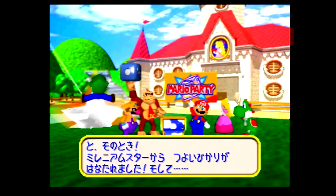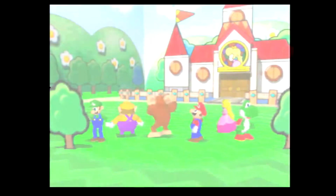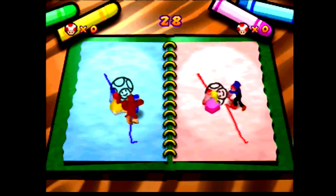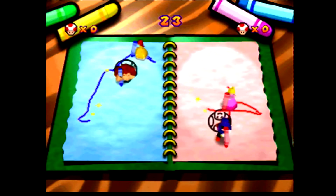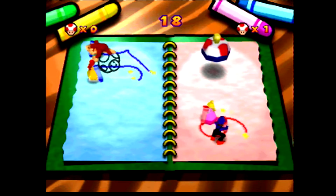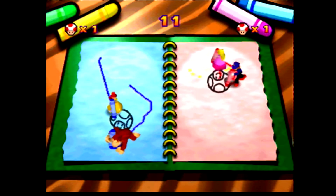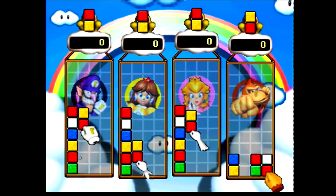Now, you can play these games on any Nintendo 64 in the North America region. All you have to do is unscrew it. I know it sounds scary. You unscrew it, you take off the shell. You look at the bottom of the top shell, and there are little screws you take off the tray, where this cart goes into. And you just adjust it to a new one, or you can probably take it out completely. But I bought a 3D printed one online. So it accepts both English, or North American, and Japanese region carts. So that's why I can play this on my